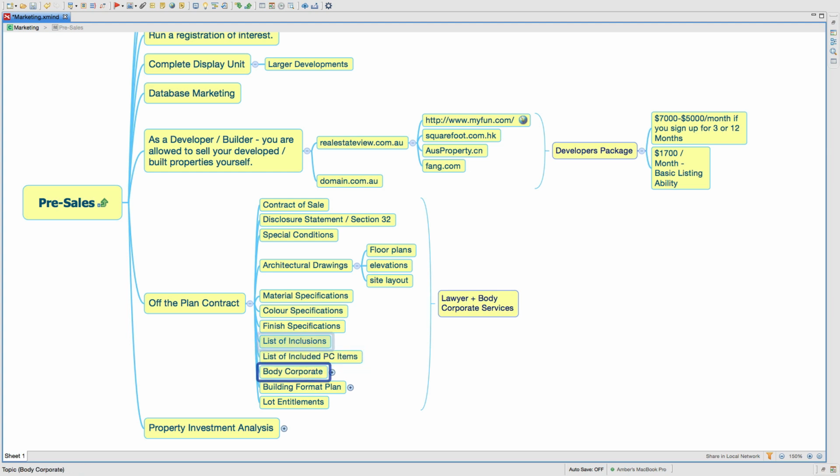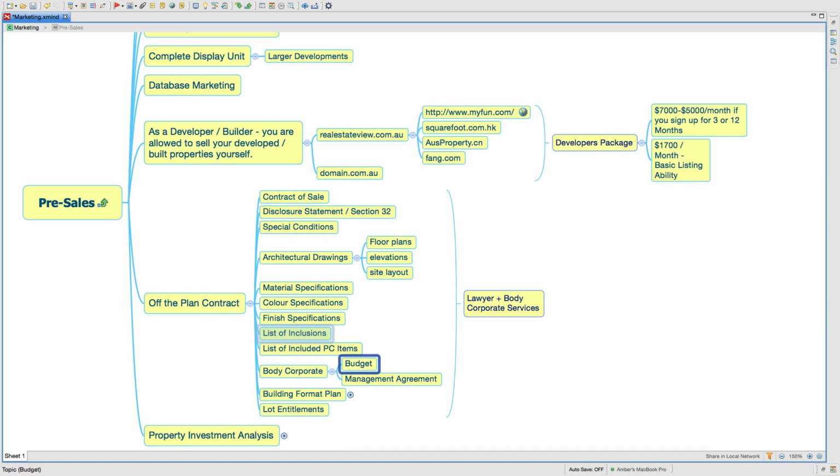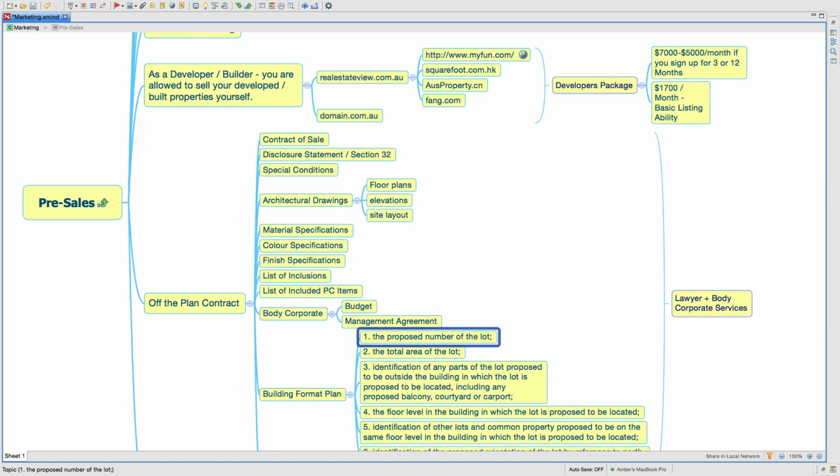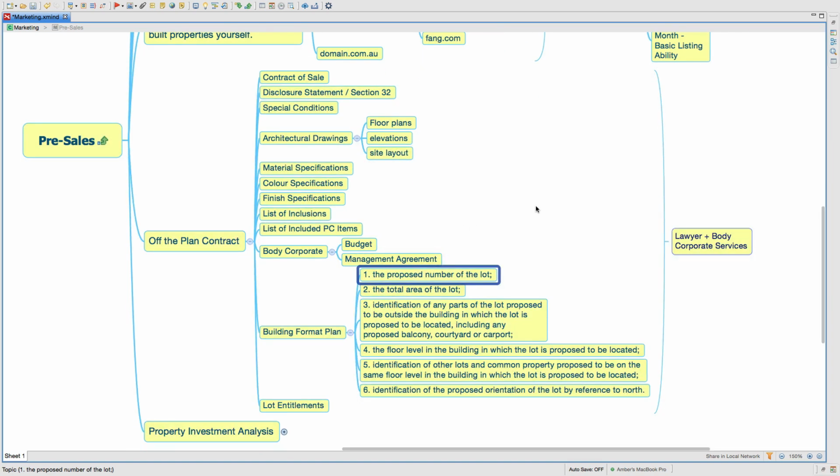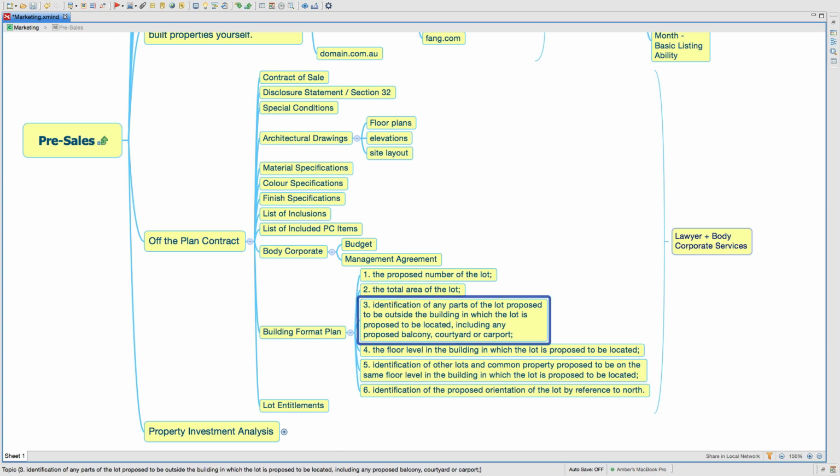You have to have details of your body corporate, the budget and the management agreement. You have to have your building format plan, which has now become mandatory. It never used to be, but it has recently become part of the disclosure statement. So the proposed number of the lot, the total area of the lot, identification of any parts of the lot proposed to be outside the building in which the lot is proposed to be located, including any proposed balcony, courtyard,